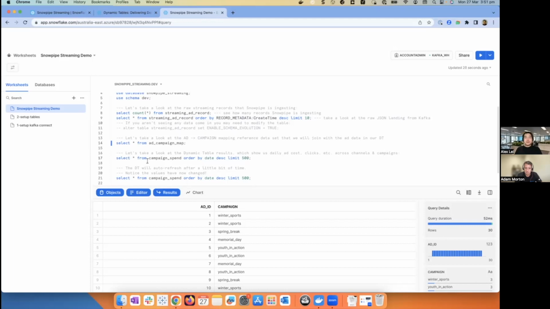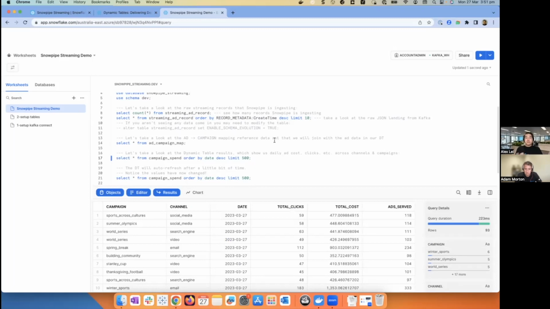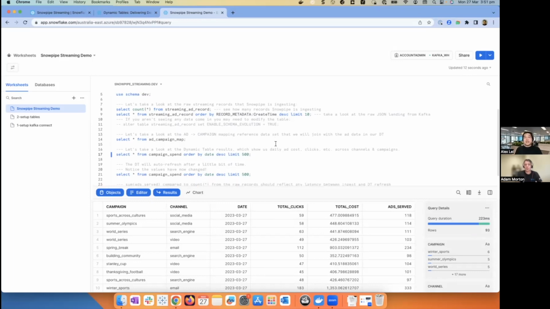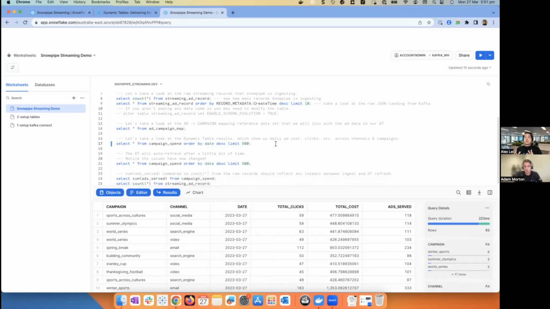So here it is, right? This is the campaign spend table. If you ran the query on that, you can see that it looks and behaves just like a normal table. Because of the 1 minute lag, we'll probably have to have a bit of a chat before these things get updated, but that's essentially it. So for me, the benefit is I'm doing one single create statement that's doing all that work behind the scenes for me. It's now automatically refreshing on that 1 minute schedule to give me the most recent version